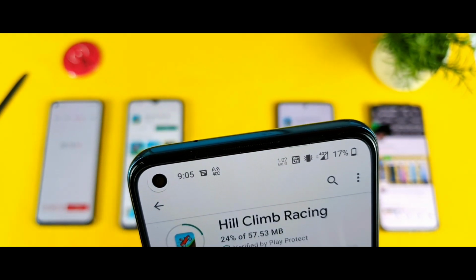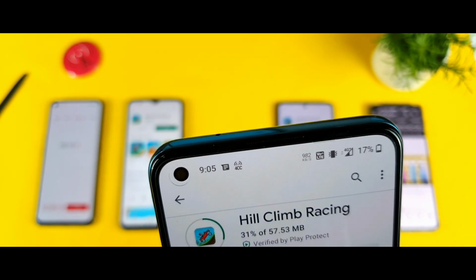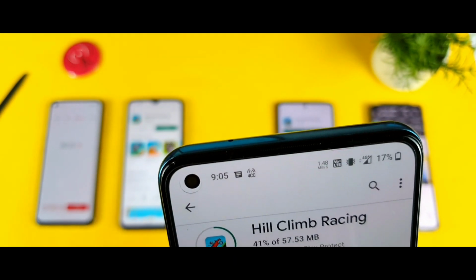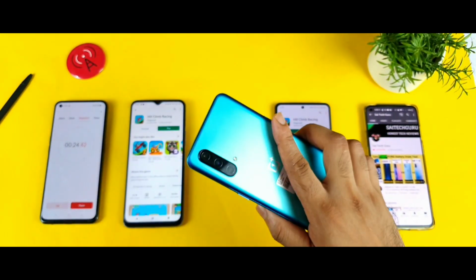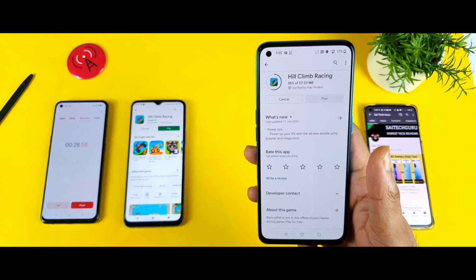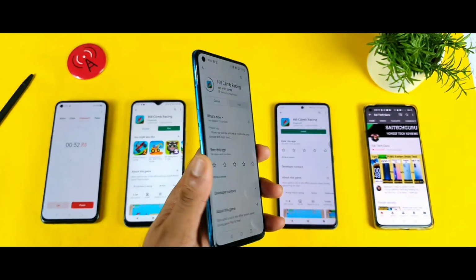And the speeds are 1.3 Mbps, 1.02 Mbps, 900 kbps. That's really good, as you can see, 1.21 Mbps. So it's absolutely best friends for the normal rural areas and maybe towns type situation users. They can definitely trust this kind of OnePlus phone, OnePlus Nord. It should not have any kind of issues.